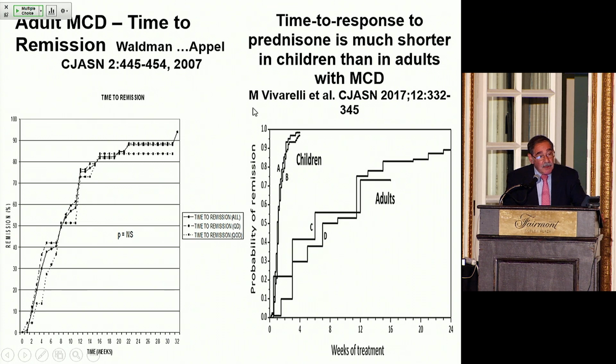Marina Vivarelli has put this in a different way. She looked at 2 studies, large studies from children and 2 from adults, one being ours. Look at how the children were. Everybody who was going to respond responded by 4 or 6 weeks. In adults, again, it's a slower response rate. So it doesn't mean you have to leave the same high dose up for the whole time. It means taper the dose over time, but they're not steroid resistant until they've had 4 months worth of therapy. Daily, every other day, doesn't matter, but some therapy.